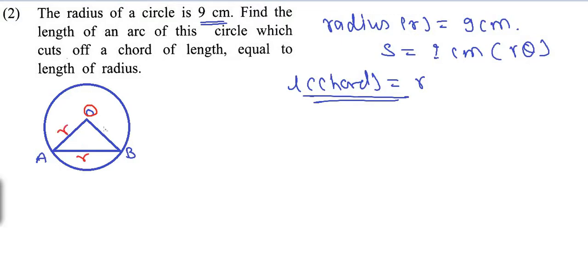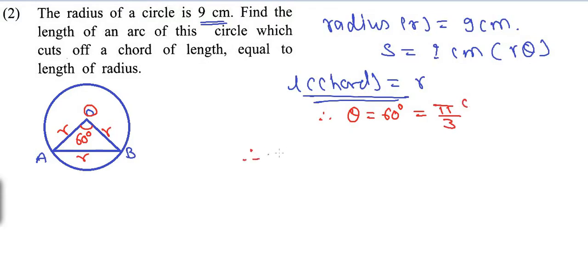Length OA is equal to radius R. Length OB is also equal to radius R. Therefore, this is a triangle having all three sides of same length. Now triangle having all three sides of same length is equilateral triangle. And in equilateral triangle, all angles are of same measure, and that is equal to 60 degree. And therefore now we can write theta equal to 60 degree. I'll write it directly. Now you also have to write it directly, that 60 degree equal to pi by 3